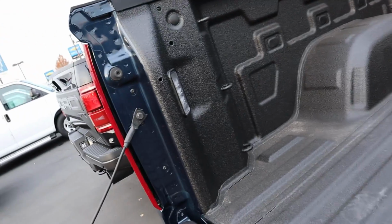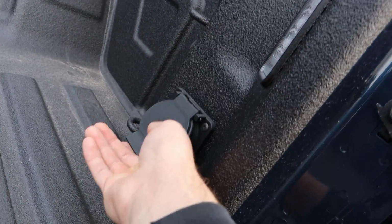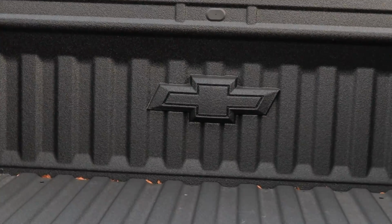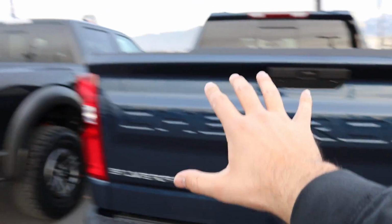You can see this one's got the full bed liner, so it's got kind of like a plastic cover right here, spraying right there in that area. LED lights on both sides, and then you can see you've got the little plug-in right there, and a Chevy logo at the back. Pretty standard setup in the bed. And then if we lift up the tailgate, really light to lift up, but let's head over to the Raptor